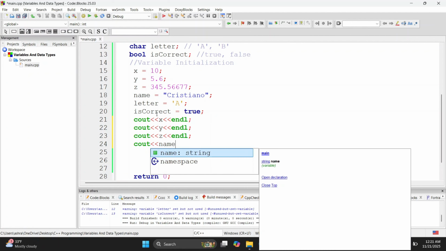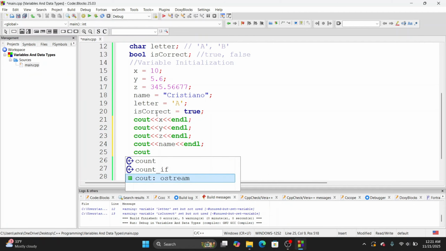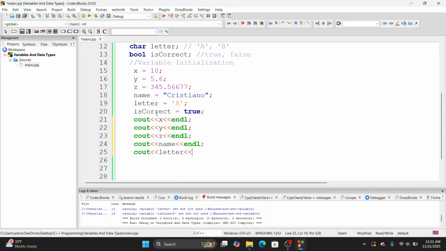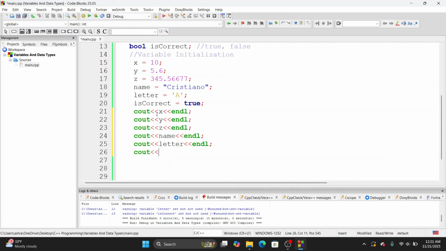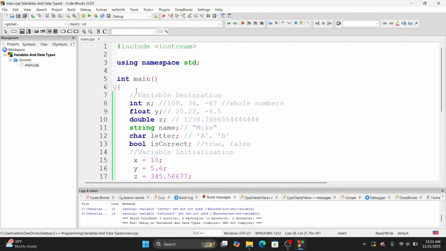Cout name, then endl. Go to the new line. Then cout letter, endl. And then cout is correct, endl. So now if I compile and execute this program,